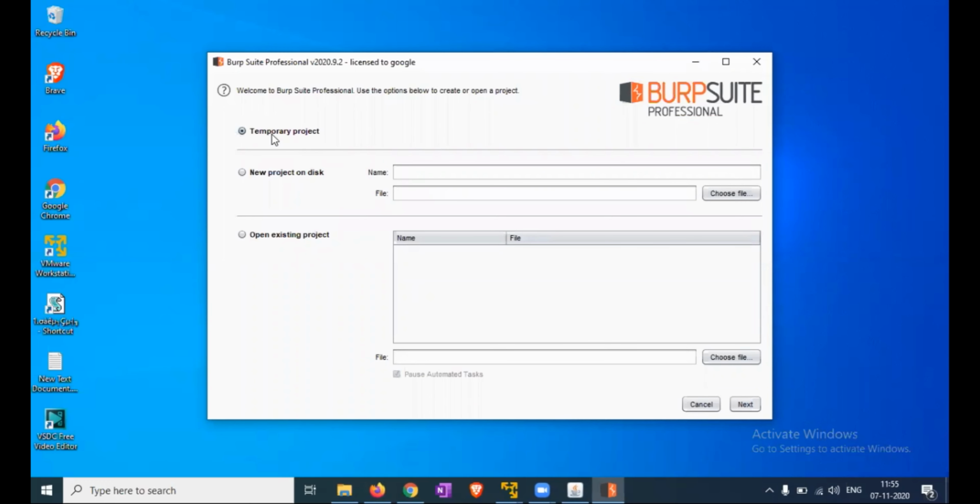If your project is temporary, then select the temporary project. If you want to save the project, then you can save it by providing the name and file type, meaning provide the path where to save this file. And if you have already saved a project and want to open it, then select Open existing project and select the path from where you want to open it. So right now we are selecting the temporary project.